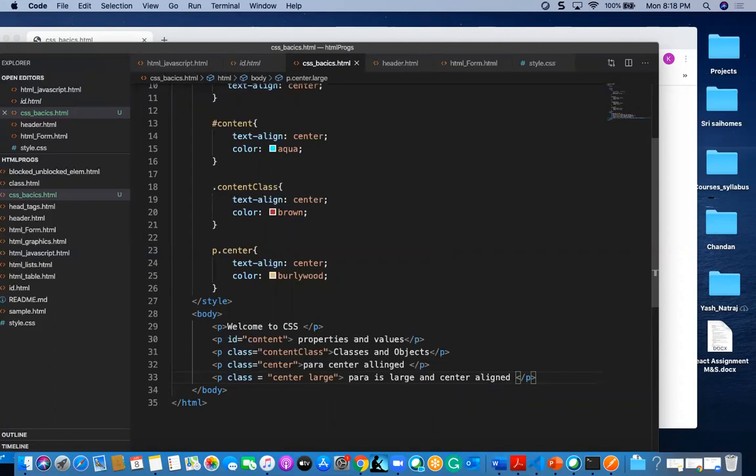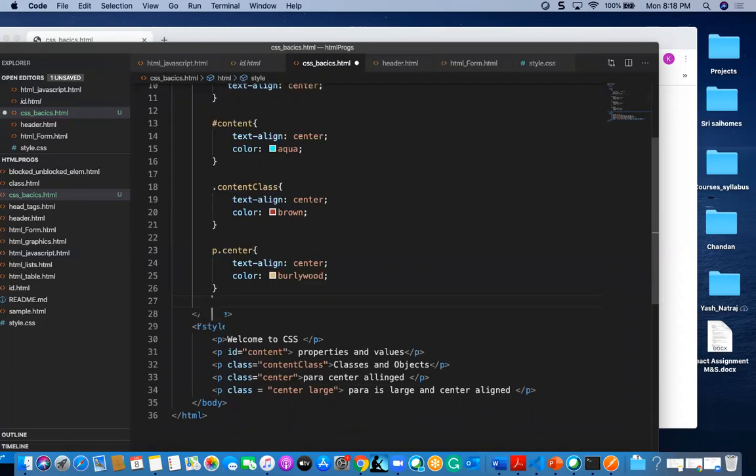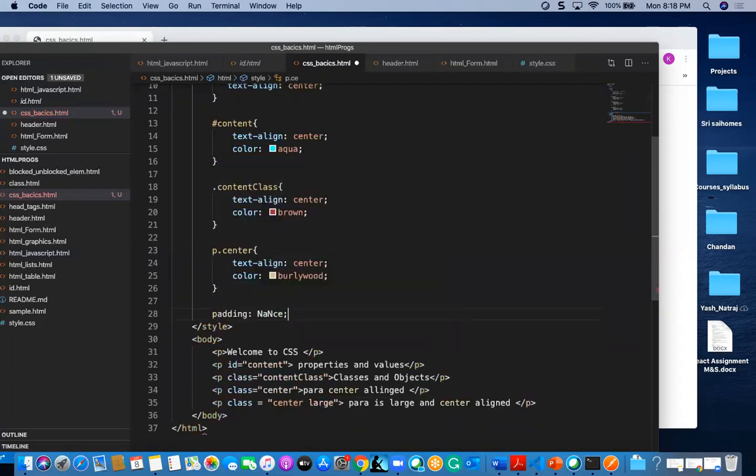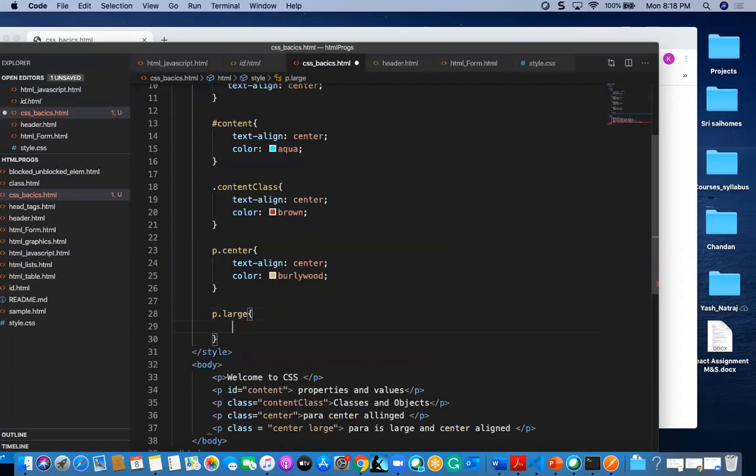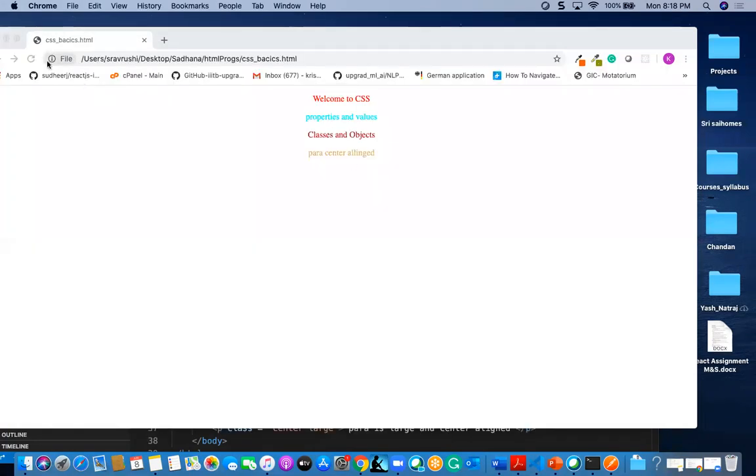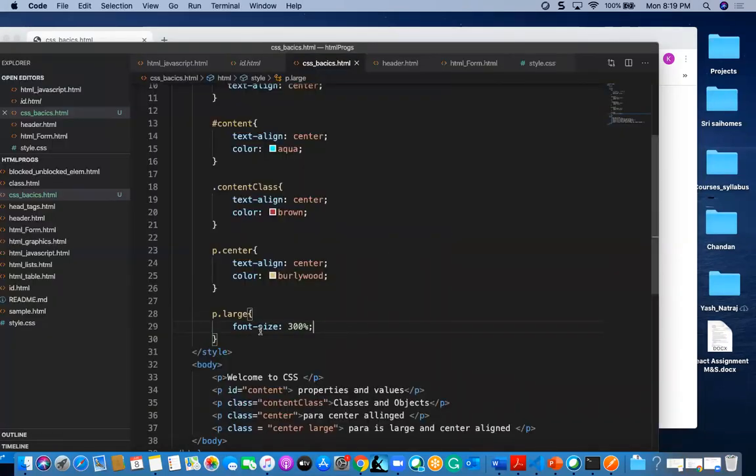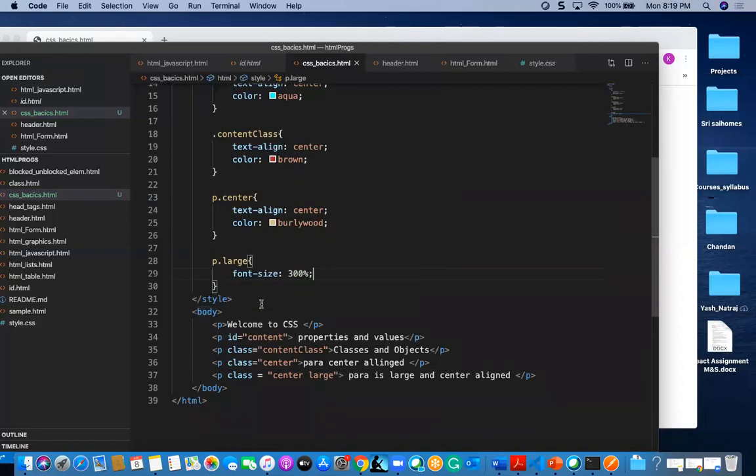But coming to the style notations, I am going to mention p dot center. We already have p dot center, so I am going to mention here p dot large, and give some font size as 300%. Now we can find the para is large and center aligned, so center aligned and font size 300%.